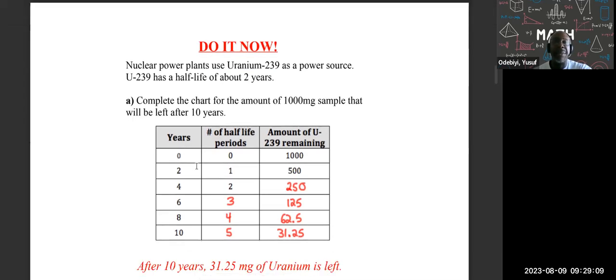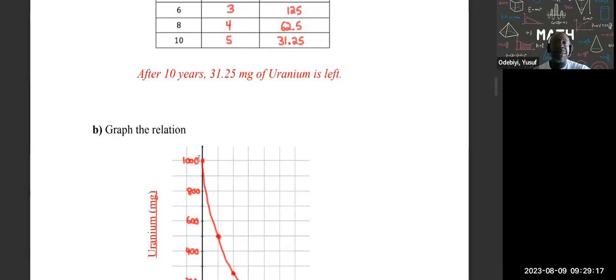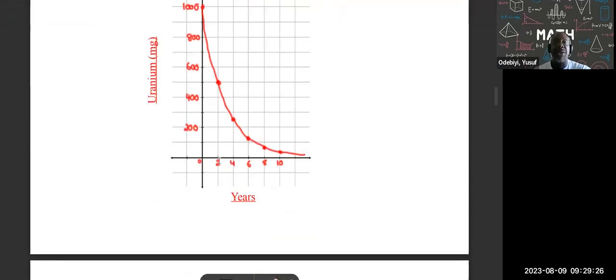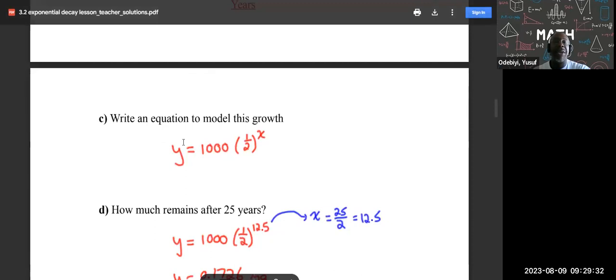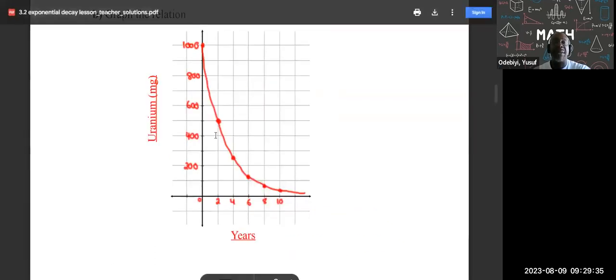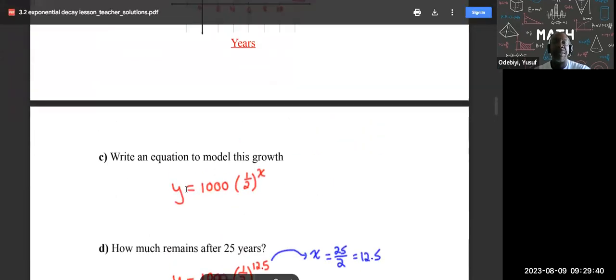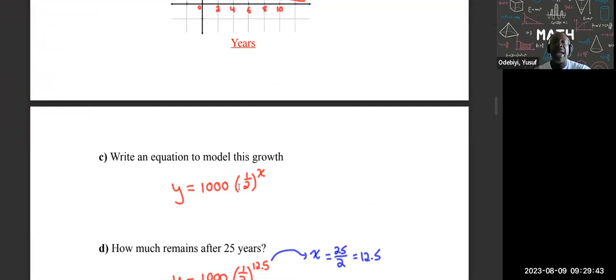So you can see here, every 2 years, it's going down by half. Okay. So if you graph it, it's an exponential decay. Looks like this. It's going down by half every 2 years. So year 2, year 4, right, and then so on. So here's the equation for this, right? So the equation would be, you're starting off with 1,000, and then it's a half-life. So that means in the bracket, it's going to be a half, and then you have an exponent. You don't know what it is, so X is the unknown.